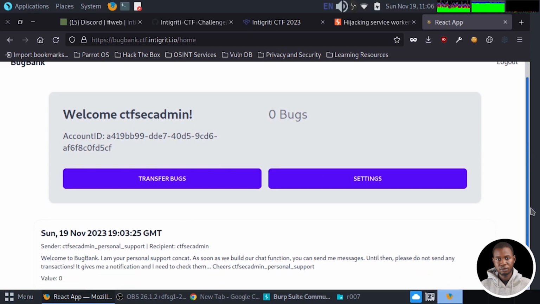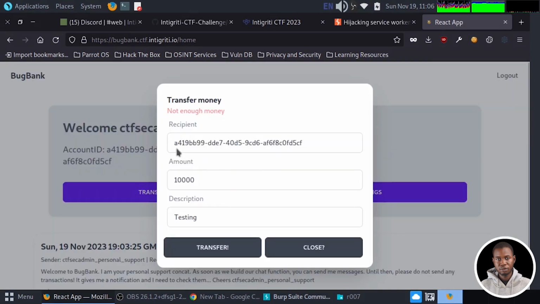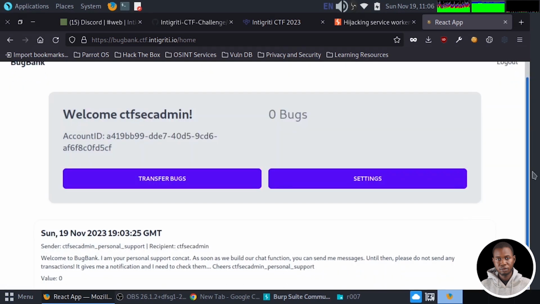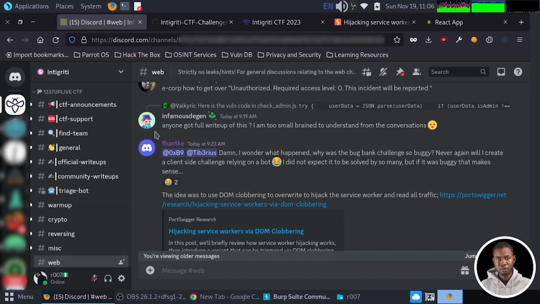Now, this actually led me to a rabbit hole because I tried some XSS payload in these input boxes to see if I could get something. But one very interesting thing about this challenge is that there's another solution aside from the intended solution. If you go to the Discord channel, the author of this challenge says at exactly 9:23, that is